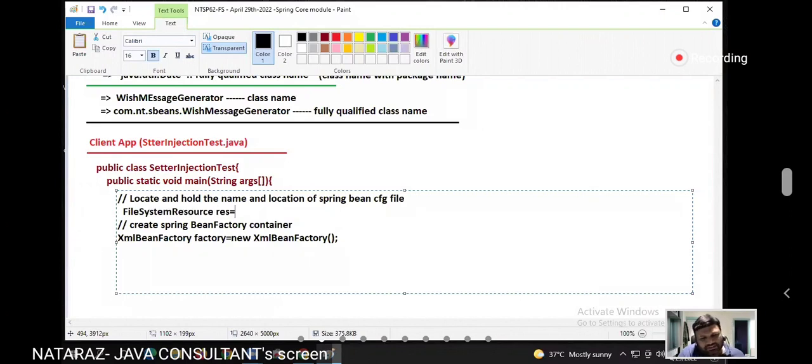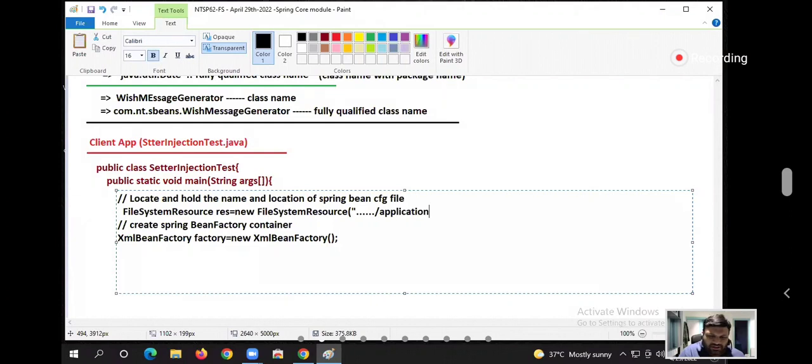FileSystemResource res = new FileSystemResource(some path). I will tell what that path is. Okay, applicationContext.xml. Right now I am saying dot. This is like the path of the file.